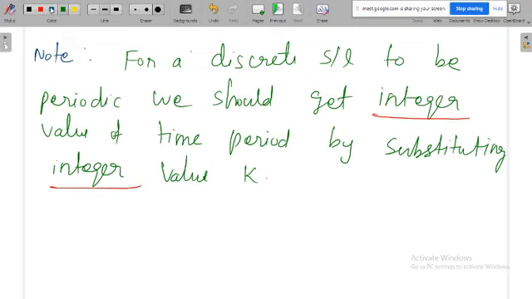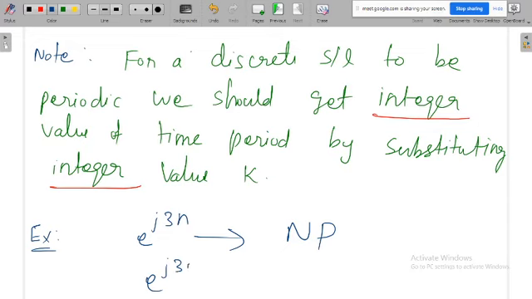So finally, in sinusoidal signals, if the signal is not periodic, that also you can tell directly. For example, if e^(j3n) is given, without doing any calculation, you can tell this is not periodic, because here there is no pi term. Or otherwise, if they give the signal like this, e^(j3πn), then the signal is